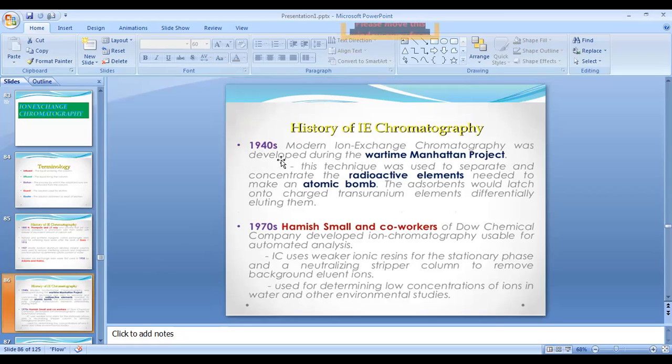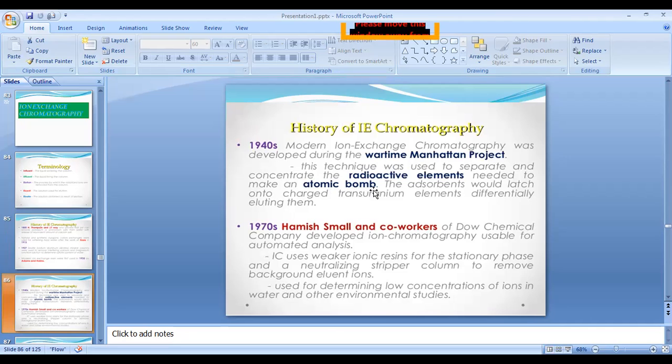Next, here see, in the 1940s the modern ion exchange chromatography was developed during the wartime Manhattan project. Manhattan is one of the universities located in America. So they developed this modern ion exchange chromatography. This technique was used to separate and concentrate the radioactive elements needed to make an atom bomb. So for the atomic bomb, we use what? Generally uranium, thorium, nuclear radioactive elements, and to separate those radioactive elements from the ore, they used this technique,